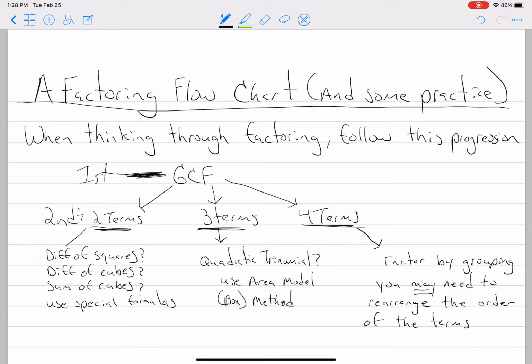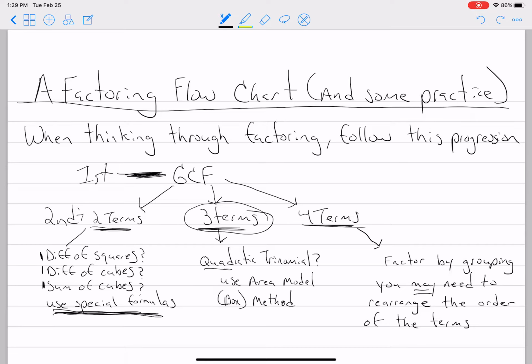4 terms? If you have 2 terms, most likely we're looking at these options. Is it a difference of squares? Is it a difference of cubes, or is it a sum of cubes? Those all have special formulas. Use them to factor it. Now, if you are looking here at 3 terms,